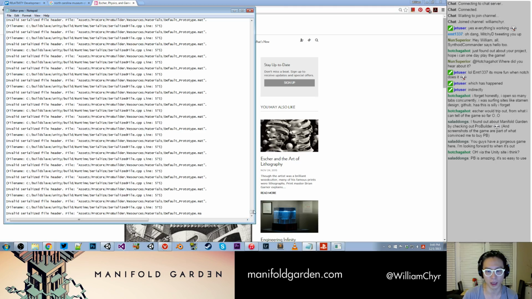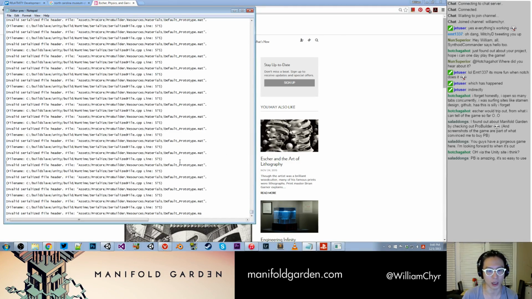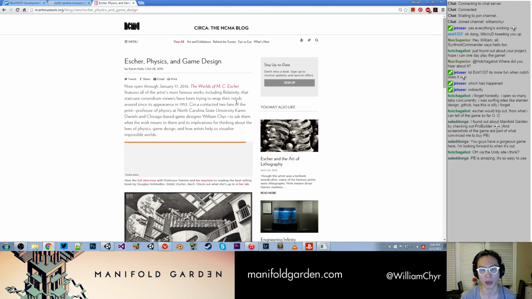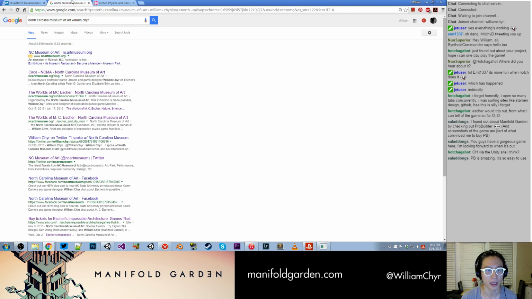By the way, this is the Unity editor log file, which helped me figure out that it's not a ProBuilder issue. For some reason this particular asset got serialized incorrectly and screwed things up. But I talked to them about MC Escher and game design, and tomorrow it's actually a super cool event,